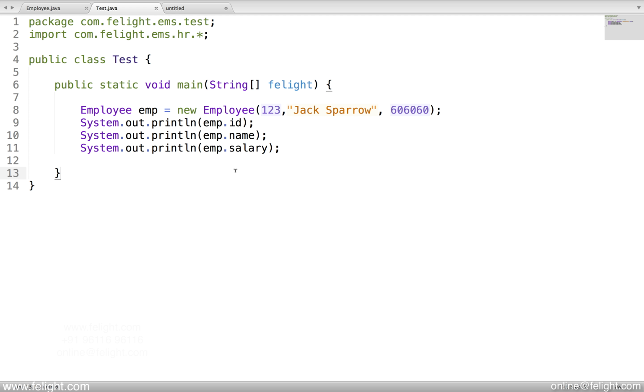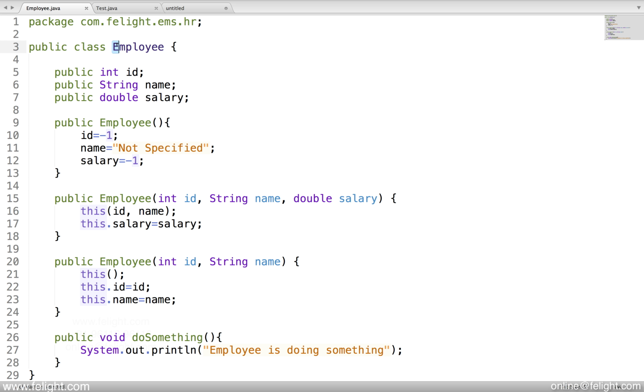So let me tell you some of the conventions which a Java developer should follow. First thing is the class name. If you take a class name like Test or Employee, the first letter is capital and the remaining letters are small. If it contains two words, like Data, the first letter of every word is capital. This is called Pascal convention. Why is it called Pascal convention? Simple. This type of convention was first followed in a programming language called Pascal, which is named after a mathematician.